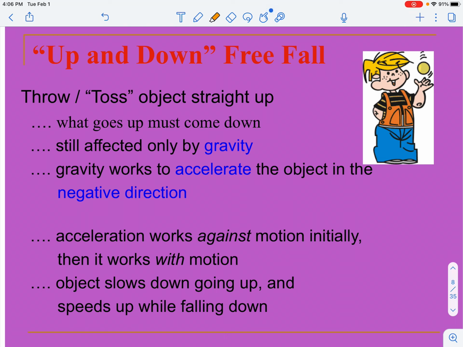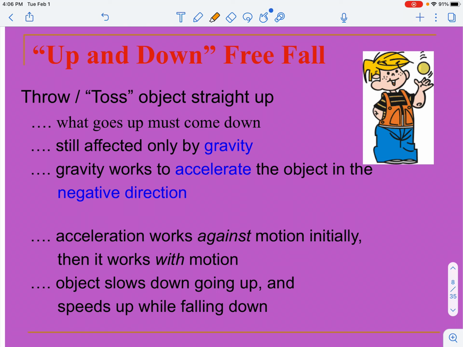Today we're going to talk about objects that are experiencing free fall, and these objects in particular are going to be thrown straight up into the air, and because of gravity they are then going to fall straight back down. So before we get into the specifics of today's topic, which I like to call up and down because that's